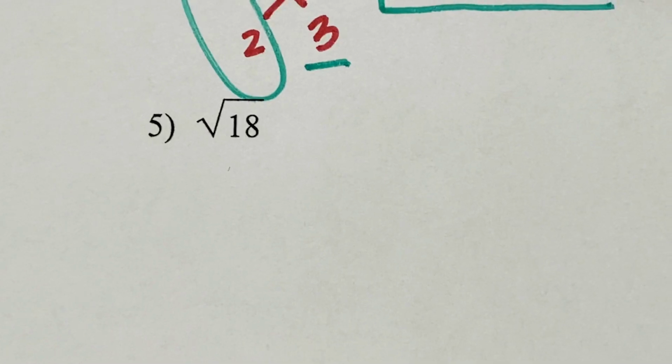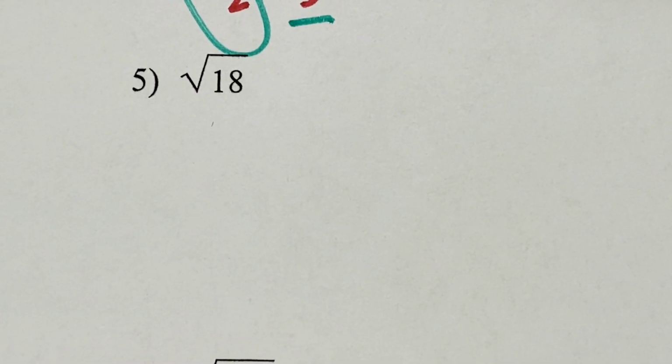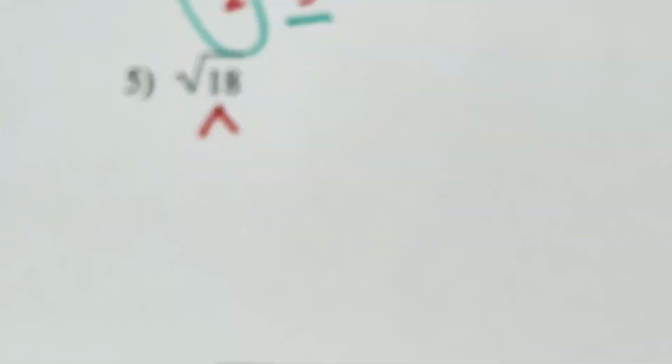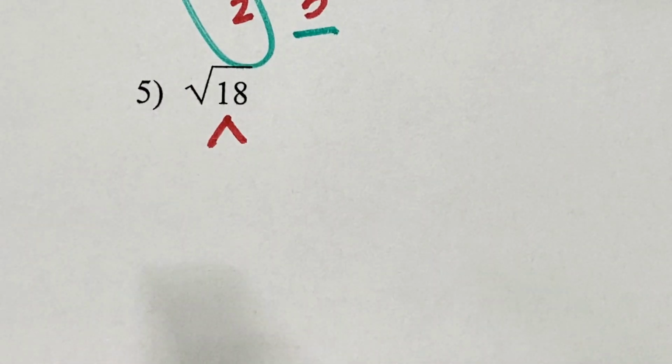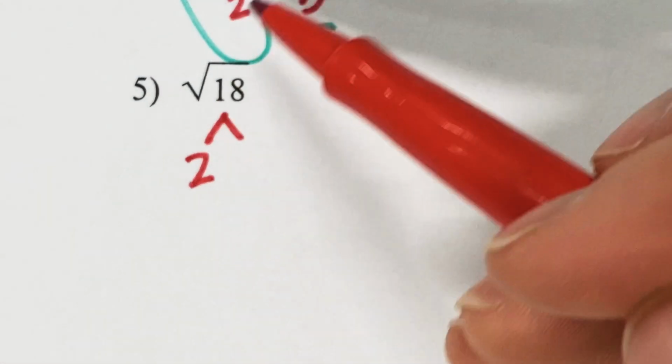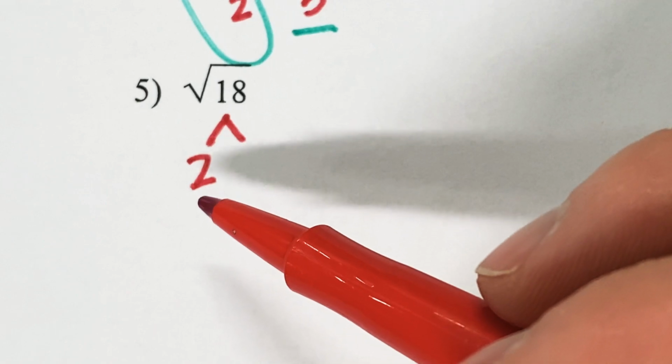Alrighty, let's look at number 5. For number 5, we need to break down 18 because we know it's not a perfect square. So let's go ahead and divide 18. How are you going to divide 18? I see that it's even again, so I can divide it by 2. What is 18 divided by 2? It's going to give me